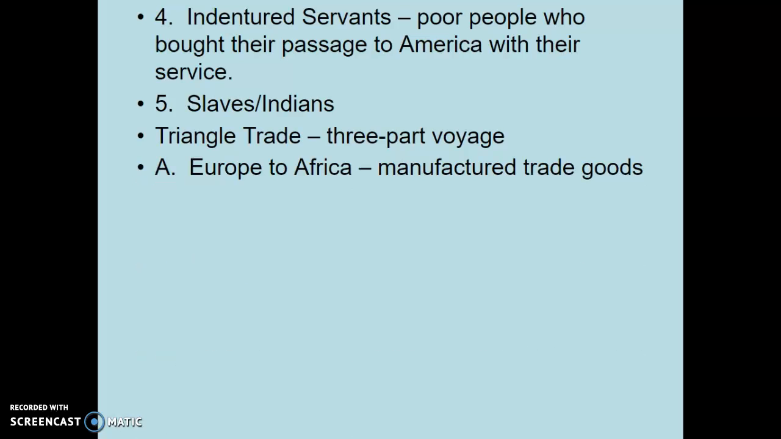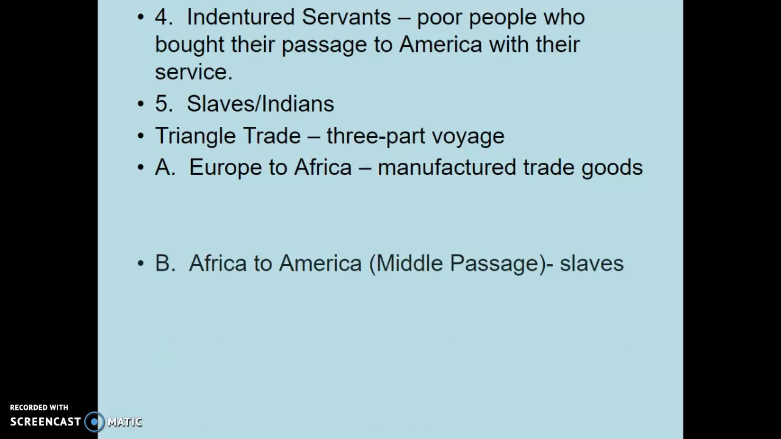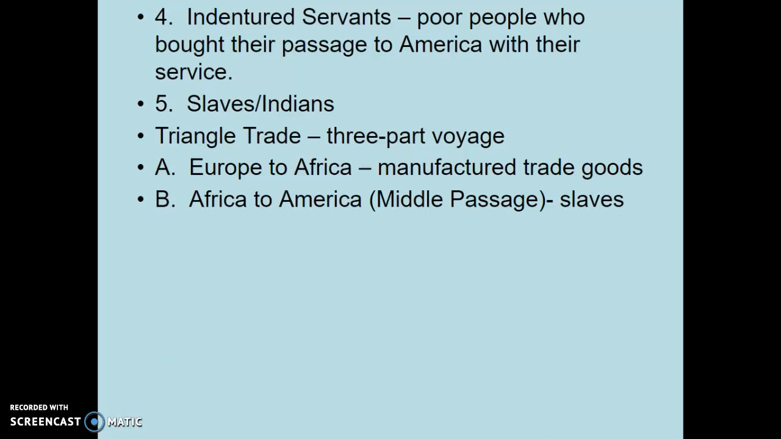From Europe to Africa go the manufactured goods, because most of the factory kind of things where they made things back during this time period were in Europe. So they would take guns and tools and all kinds of different things from Europe down to Africa, and they would sell them into Africa. And with that money, they would purchase enslaved people, and then they would take them across the Atlantic Ocean. This was called the Middle Passage, the slave trade